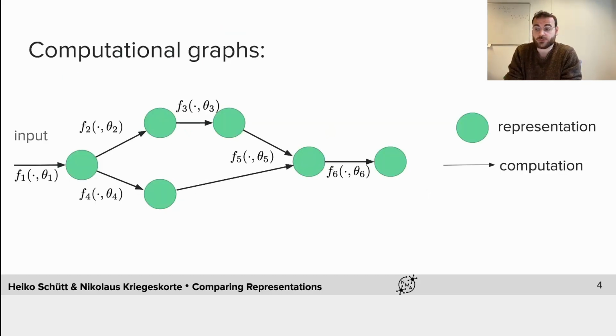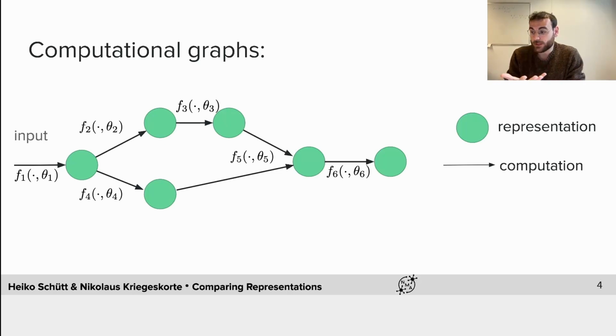Nonetheless, one thing we can do for any deep neural network is to convert it to its computational graph, right? So that means that we are splitting things into representations. In the deep neural network packages, those are called tensors, right? And then there are functions or transformations that compute the later representations from the previous ones. And this we can do for any deep neural network. And for biological networks, we can think of it in similar ways, except that we usually want to include time, so that the same brain area could have different representations at different time points, and later time points can be computed based on any earlier time points.